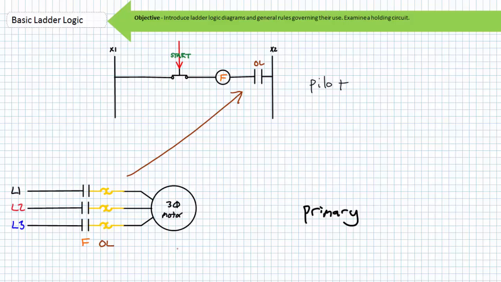The de-energized F coil means the F primary contacts open and the motor de-energizes until such time the overloads are given a chance to cool, at which time the normally closed overload contact would reclose. The normally closed nature of the overload contact disallows operation of this system until it is safe to do so. Cool or not cool? Trick question. This is totally cool. The ladder logic diagram illustrates this function in a single line. The only way you can turn this motor on is if you're pressing the start push button and the overloads